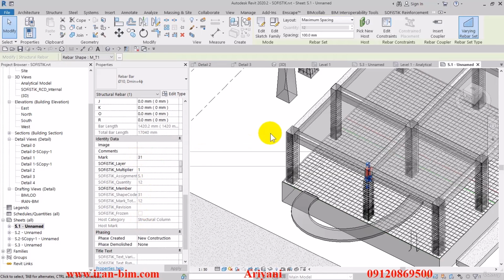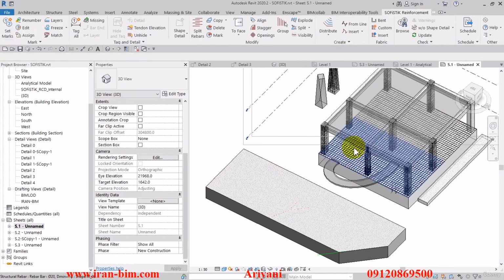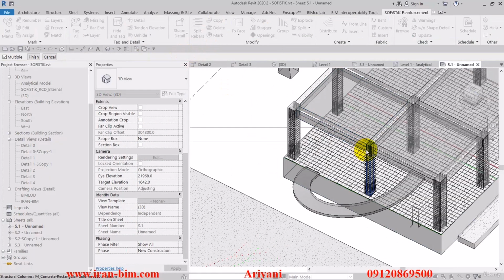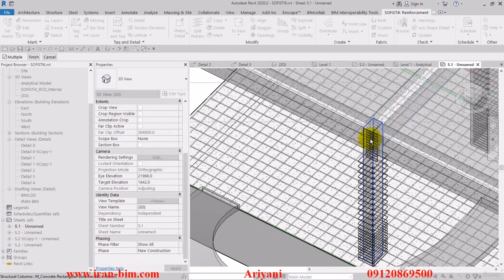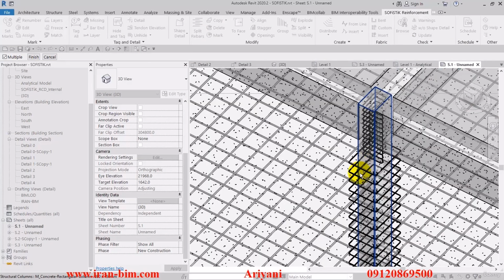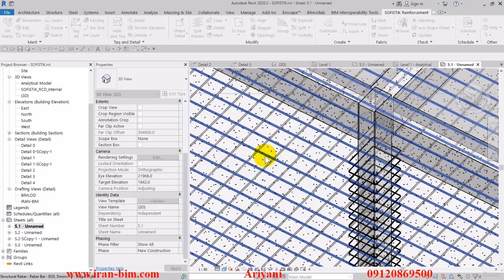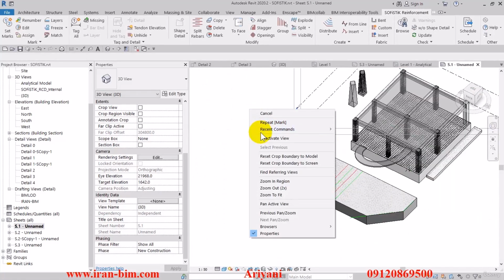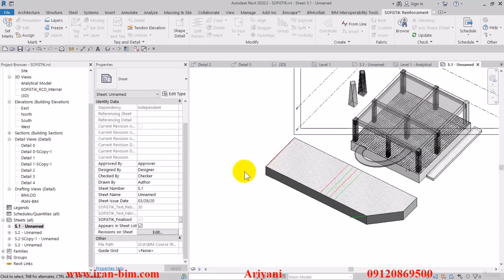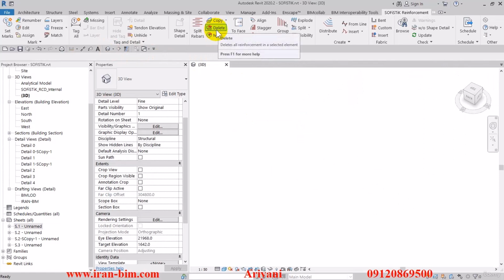Here we have 31. So now if I go here and use the delete tool and then zoom in on the plan right here and select this. Alright, let me just cancel this first, then use the select mark tool. Now here you can see it's mark 31. So this tool can be helpful to you when you want to delete just a specific type of rebar mark. And these two tools can help you to delete some rebars in a certain